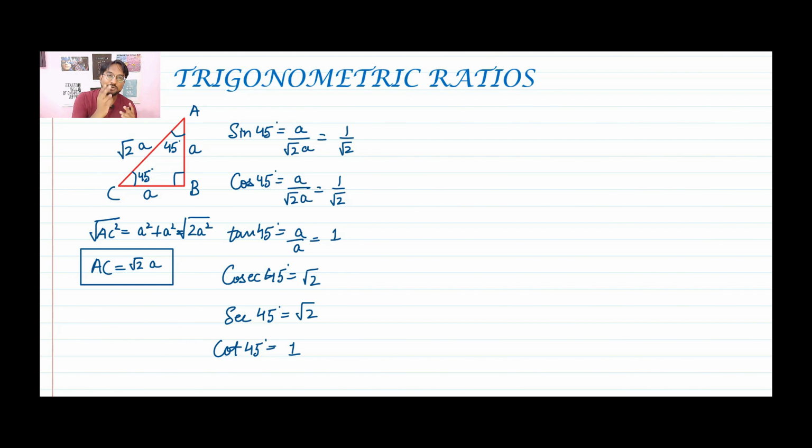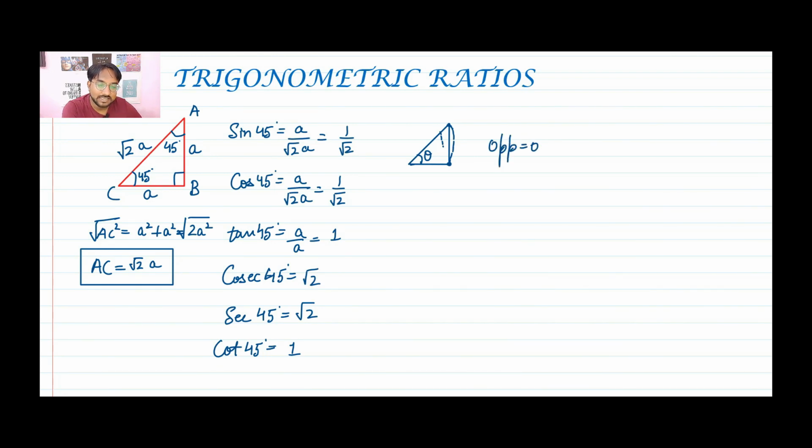Now let's talk about the two remaining angles. So far we have done 30, 60 and 45. Let's talk about 0 and 90 degrees. So for 0, let's say we have this triangle, and this is some angle theta. If we want to make this angle 0, we'll bring this down and this point will touch this point here. So then what happened? Opposite will become 0. Opposite side will become 0.